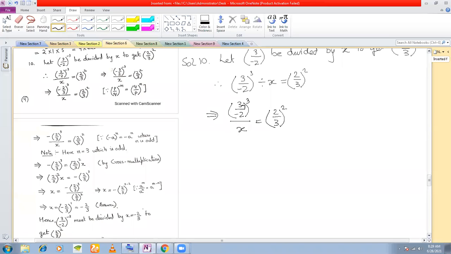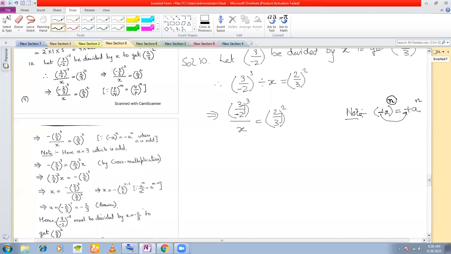See, I have a 2 by 3 here, and I have a 3 by 2 here, but I have a negative sign also here. So what I do here is, remember the laws of indices, the last one that I told you. If you have a minus within brackets and a power, you check whether the power is even or odd, right? If this power is even, then the minus sign becomes a plus sign, and you write a to the power of n, removing the brackets.